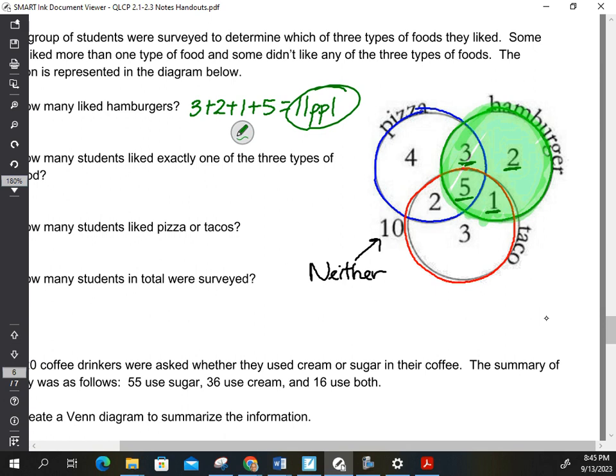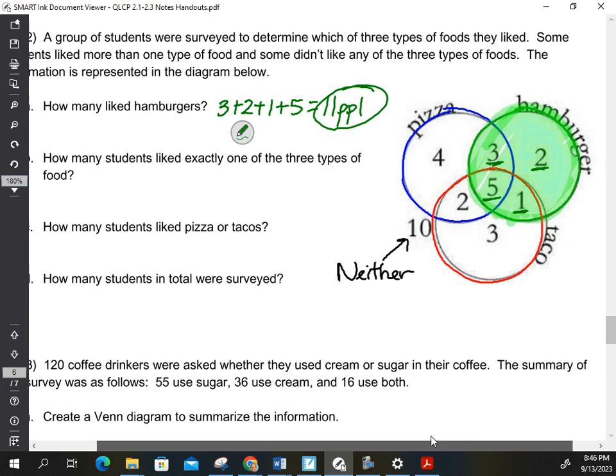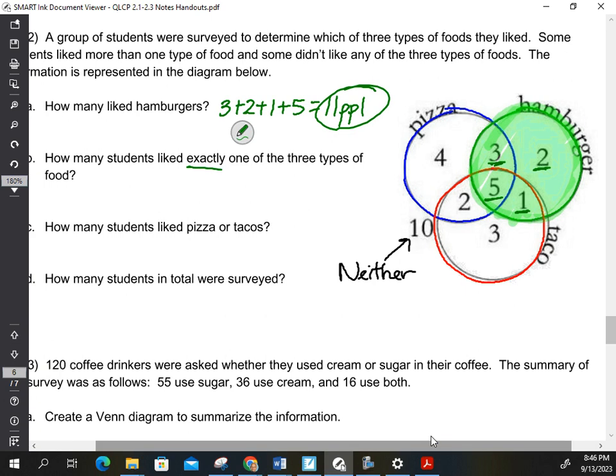So, step 2, problem 2, part 2. How many students liked exactly one of the 3 types of food? So exactly one of the 3 types means not in overlap, which means the circle has to be a number that's not in the overlap. So there's 4 overlapping parts. There's 4 overlapping parts. So that's pizza with hamburgers,